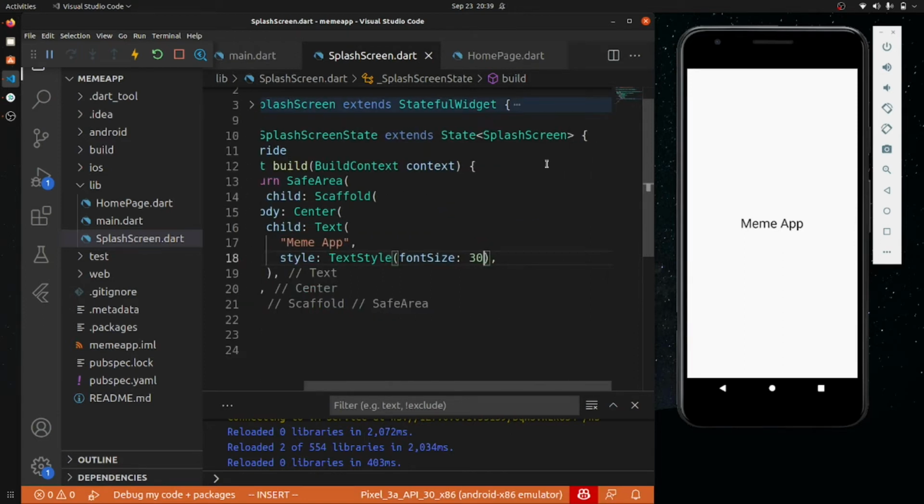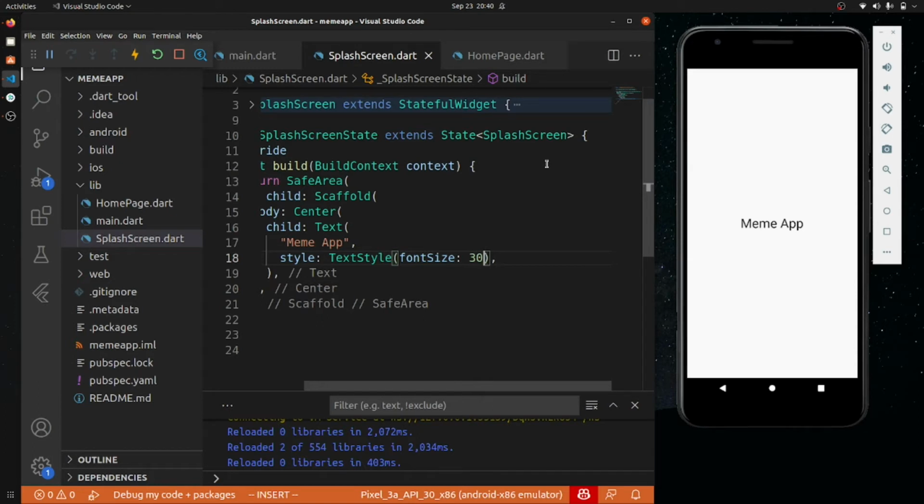If you are from a native background, then you must have gone with intent and other stuff. In Flutter, there are many ways of creating a splash screen, but the best way that I find is using the timer.